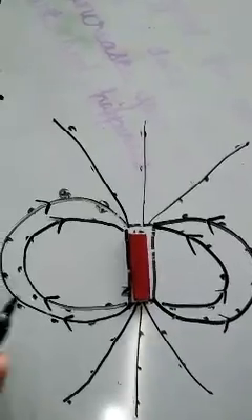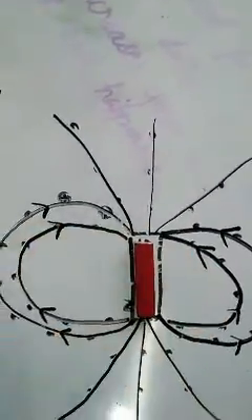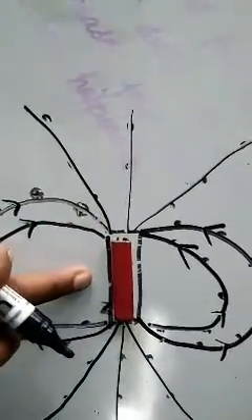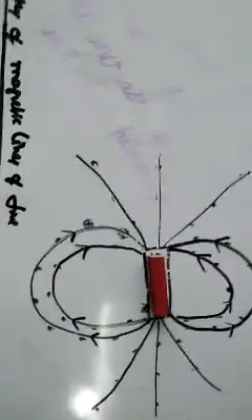Look, physically it is not existing. If I keep a magnet here, automatically you are not able to see lines. If the magnet is kept here, lines of force are not forming automatically. I am drawing them. That is why magnetic lines of force are imaginary lines. Remember, magnetic lines of force are imaginary lines.